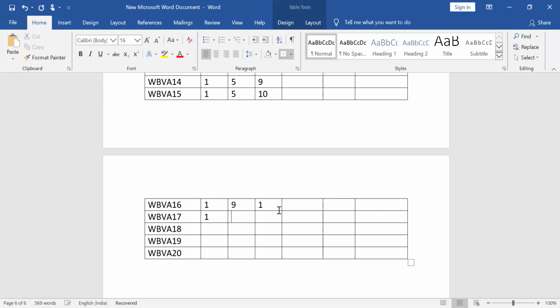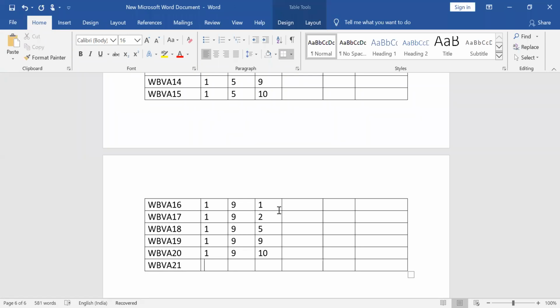This is 1 with respect to 9 itself and 2; 1, 9 followed by 5; 1, 9 followed by 10. Whatever the expected output may be, don't bother about it. You need to follow the same rule. That's why your test cases will increase.